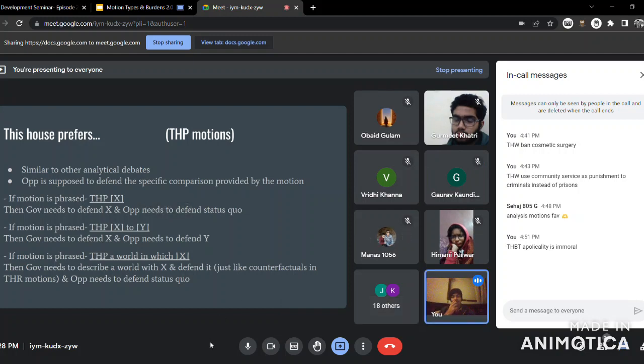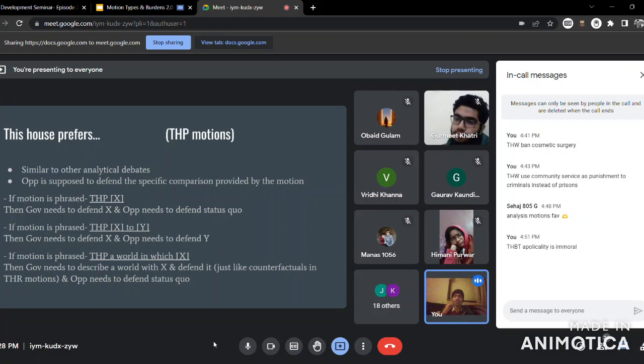We can also use the motion of having bonds in medical colleges. Hmm, I'm not very sure. What do you mean? Like we have bonds in medical college that we need to serve in rural areas for a particular period of time. We can also use that motion as an example here, can't we? Not in explaining this concept, but yeah, that is a type of motion that usually crops up in debates as a policy motion or as a this house believes that X should do Y motion.